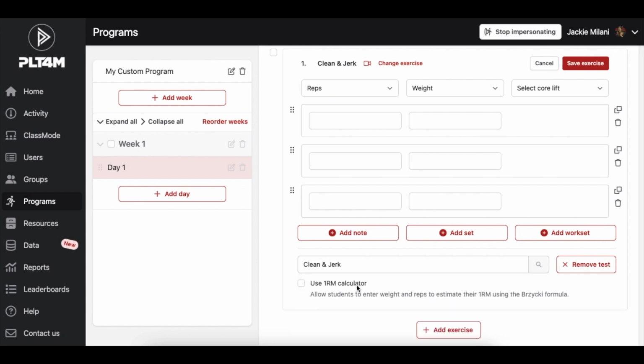We've also built a 1-rep max calculator into the site, so if you're someone who prefers to do a 3 or a 5-rep max test, you can now insert the 1-rep max calculator into your program, and students can input how many reps they were able to do at what particular weight, and our system will automatically convert that to a 1-rep max. All you have to do is select the 1-rep max calculator checkbox, and be sure to save